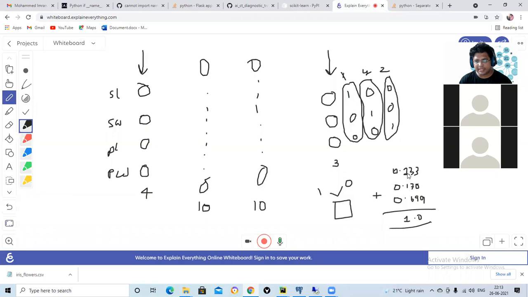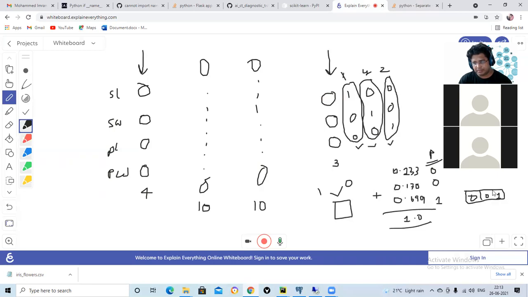Now, whichever is the maximum is 1 and the remaining are 0. This is my predicted data, and these are my actual data, so I can find the difference. The 0, 0, 1 vector is what is predicted.